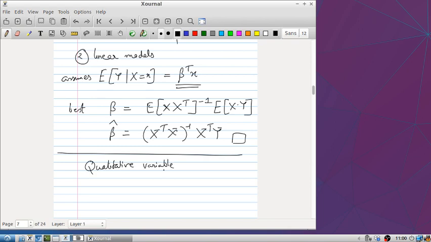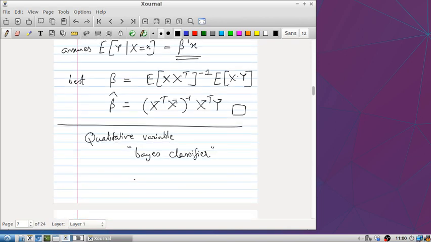The qualitative variable will give us something called the Bayes classifier. So there were two things to do to get to this conditional expectation of y given x equals x. One was the loss function. I used square loss, and I just said I want to minimize the expected square loss. That was the EPE definition. For a qualitative variable, I need to define a loss function. So the loss function is going to be